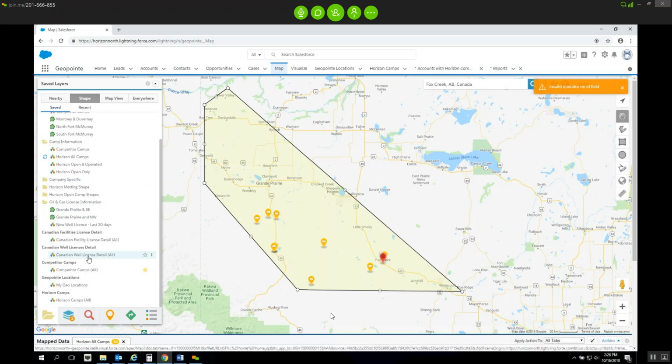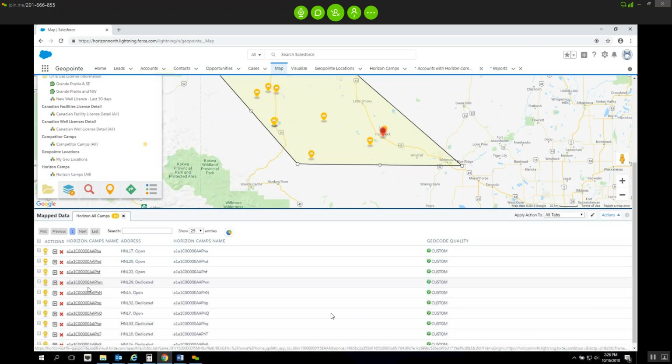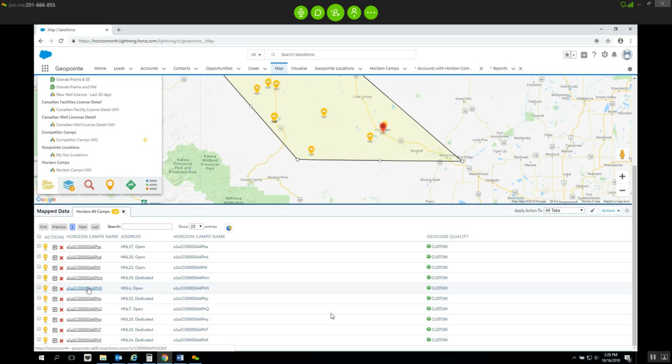So all the way down at the bottom, we're going to look at the rows where the little graph, the pie chart is. Yeah, there we go. So there's all the different camps that we have. So we've got dedicated and open. So let's go on that first one,